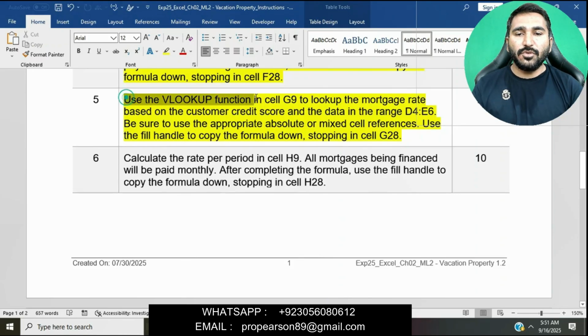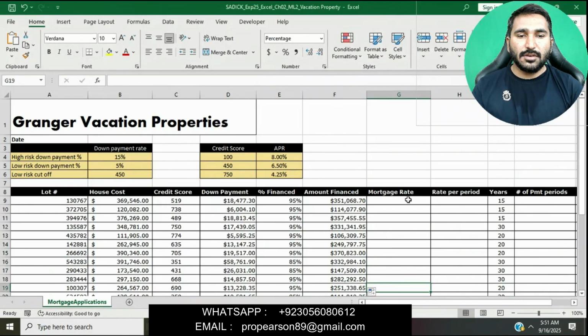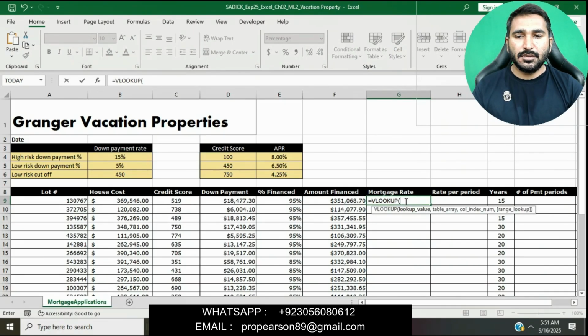Okay, now moving to the Excel workbook, and then we will go to cell G9 and enter the VLOOKUP function. Click on cell G9, press equal to, and enter the VLOOKUP function.